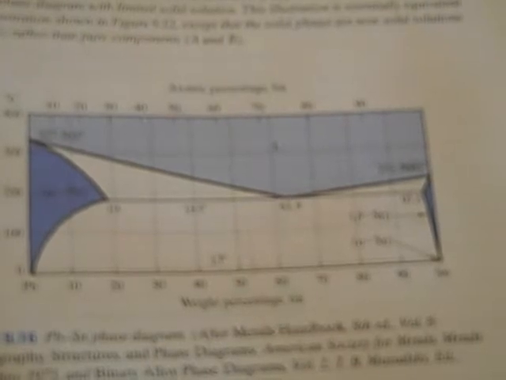The phase diagram is like a map. It tells us, based on the percentage of components and temperature, what the mixture will be like. As in most cases, if you get hot enough, the mixture melts. So if we look at the phase diagram for tin lead, which is common solder, at higher temperatures, the mixture